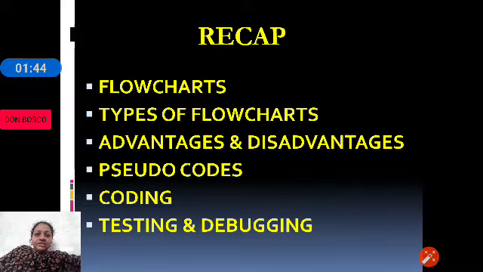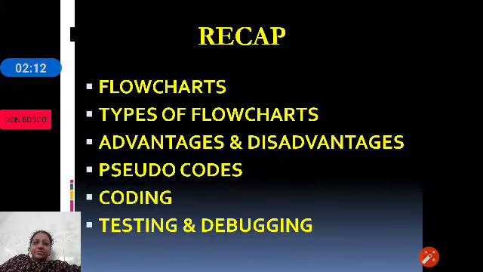Program flowchart is a flowchart which represents a sequence or a series of steps where the steps represent a solution to the problem. So the given problem can be solved. To solve that problem, a series of steps has to be written, and that series of steps is called a program flowchart. Similarly, we have system flowchart.